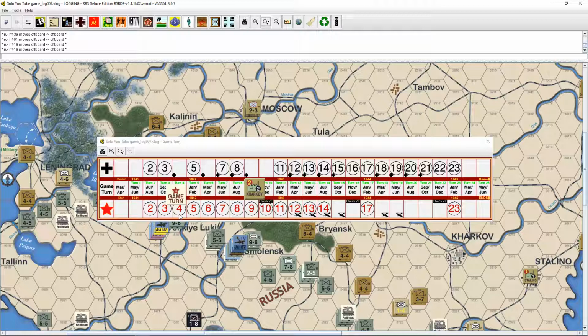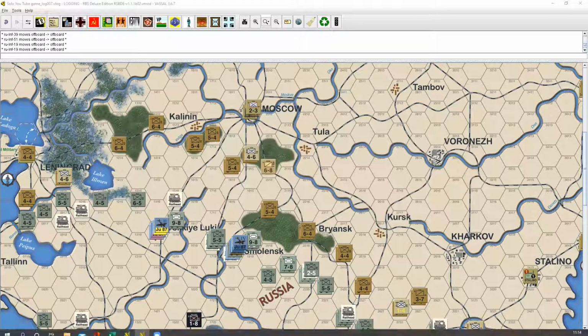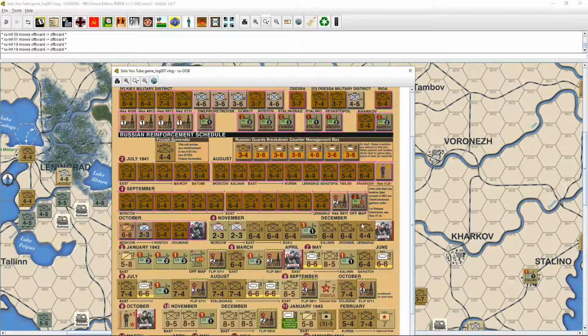As you can see on the turn track, the Russians will be receiving some reinforcements. I do need to correct an error that I'd made with regards to some of the Russian reinforcements. So let's remove that and bring up the Russian reinforcement track here. Blow that up a little bit. Couple of units,